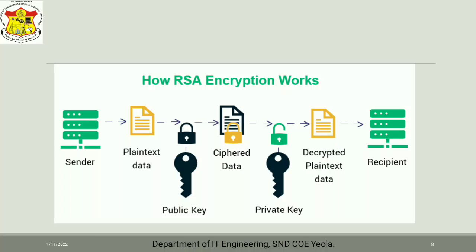First of all, the sender sends a plaintext message or readable message, which will be encrypted by using the public key of the receiver. That is, he sends an email, so by using the email ID, which is the public key of the receiver, it will be encrypted at that time. After encryption, this is the encoded part of the plaintext.